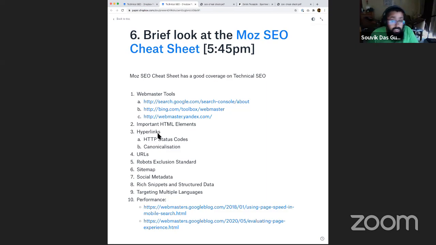And also you can make sure that if there are pages within your own site that you're linking through hyperlinks, those pages are giving out the right HTTP status code. HTTP status code is essentially a way in which your website tells whether that particular page that is being accessed works or not. What search engines do is they rely a lot on links.